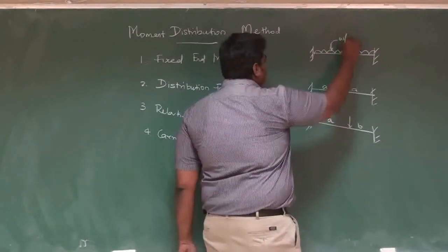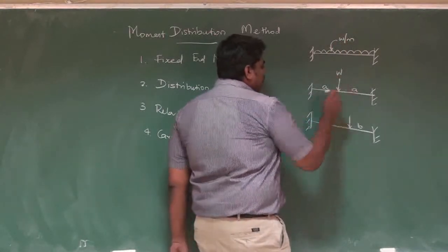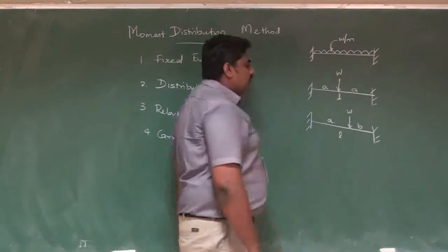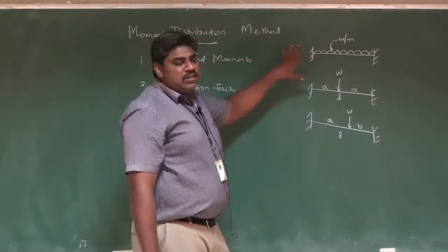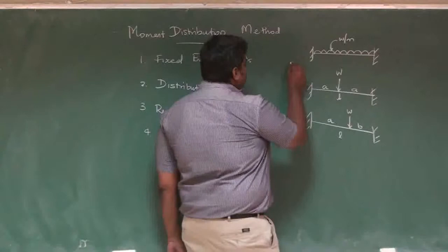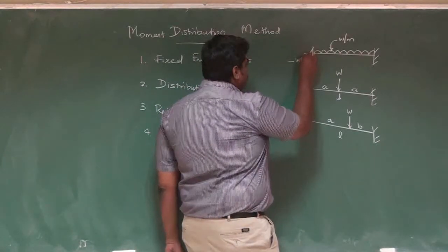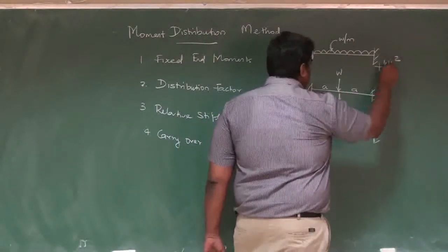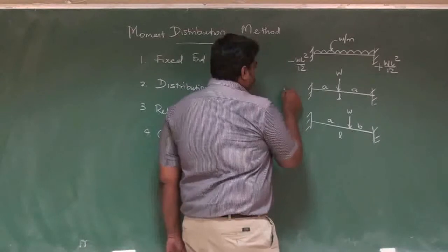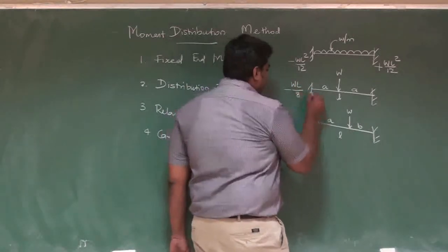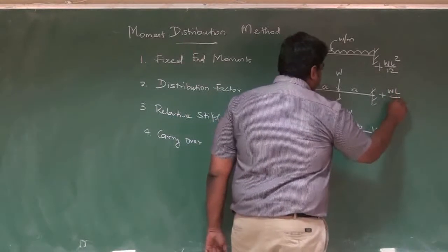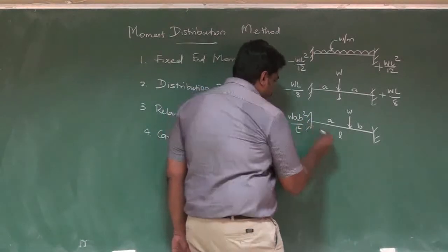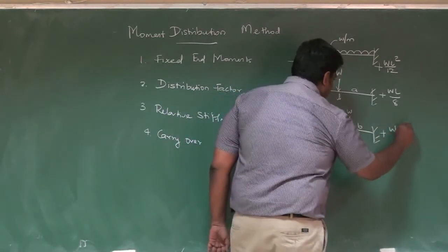Assume this is W per meter, a UDL load. This is a point load at the center of the span, right? And assume there is one more load W which is not at the center of the span. So there will be 3 normal conditions which you should remember, right? So fixed end moments, it is a common formula. It is minus WL square by 12, and here it will be plus WL square by 12; minus WL by 8, plus WL by 8; minus W A B square by L square, plus W A square B by